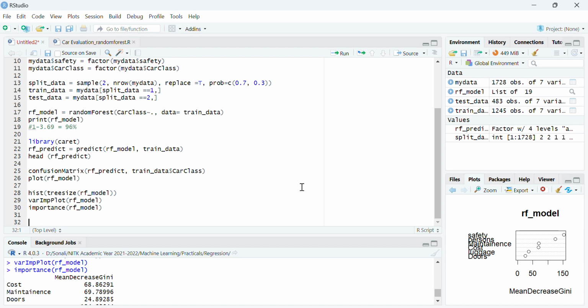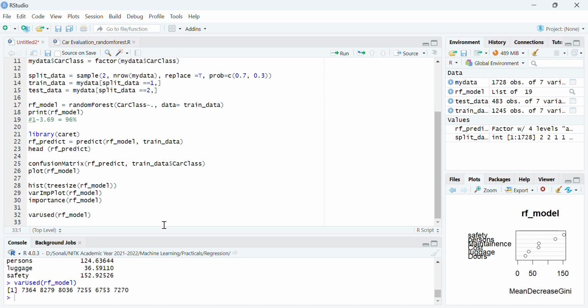To find out which variables have been used how many times, that you can also see, which I just left out that time. Okay, so if you want to see which variables are being used, variables used, RF model, attributes or variables, right?